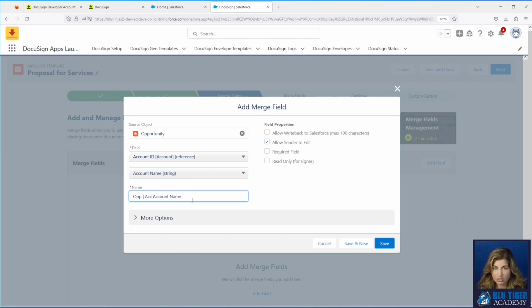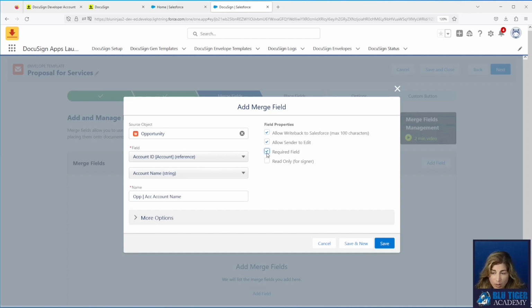When you start having a lot of different field merges in DocuSign due to populating different documents that are initiated from the account or initiated from somewhere else, you need to be able to tell the difference between these fields easily from the list. Then over here, do we want to allow the person signing to edit this? Well, if their company name's not right, in this case, I do want them to be able to edit it. And then I want that to write back into Salesforce.